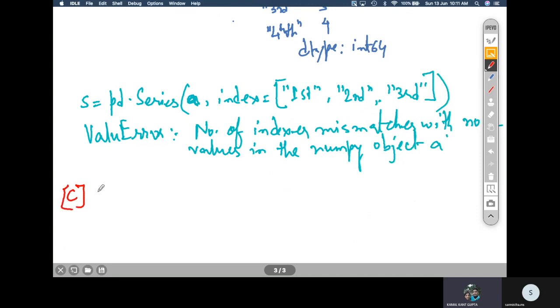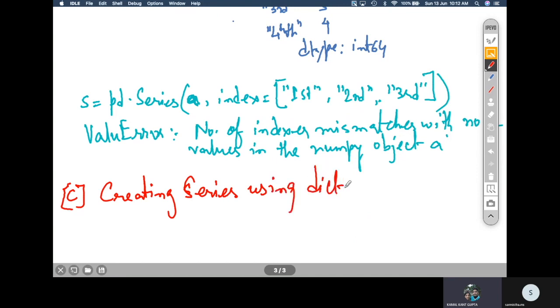So the next method of creating a pandas series is creating series using dictionaries. Now, as the word dictionary came here, we must first recall what a dictionary is. I hope you remember.